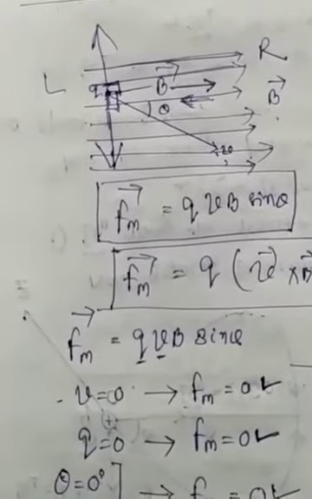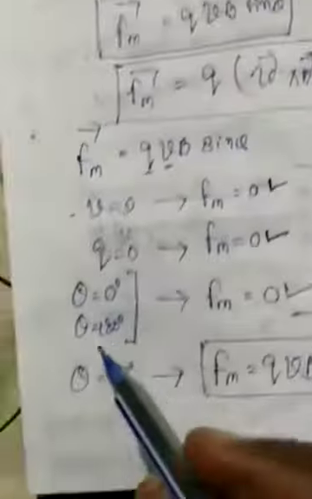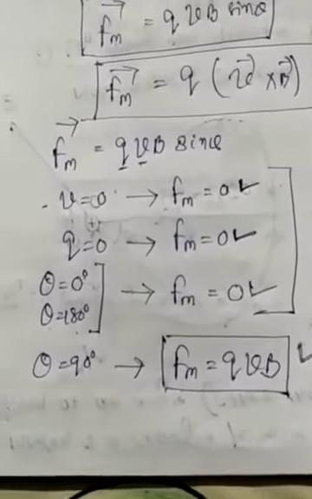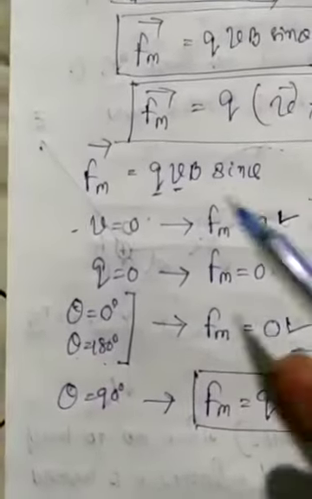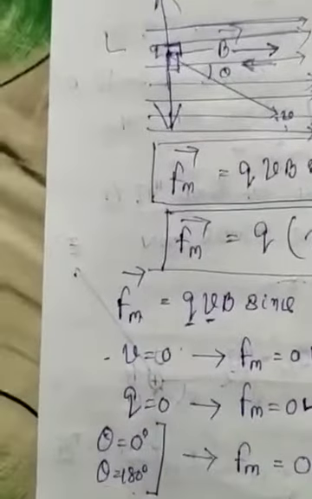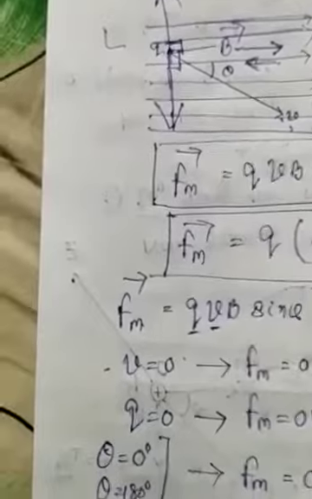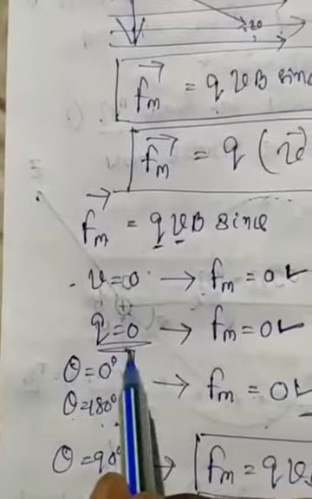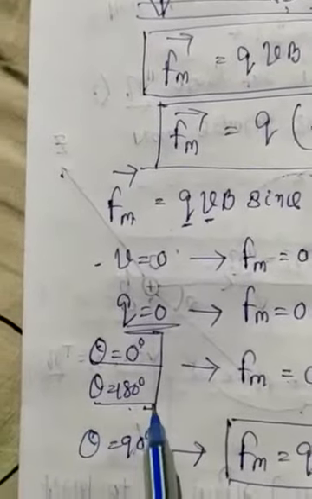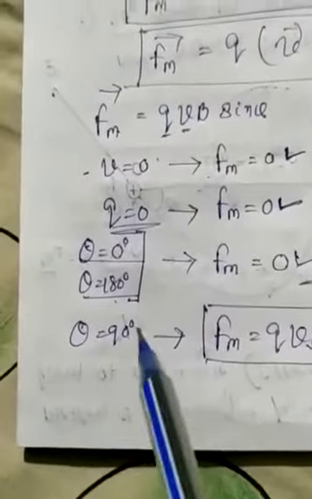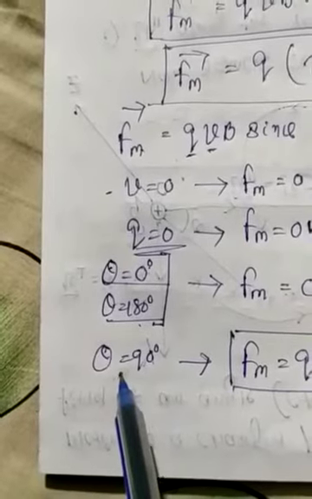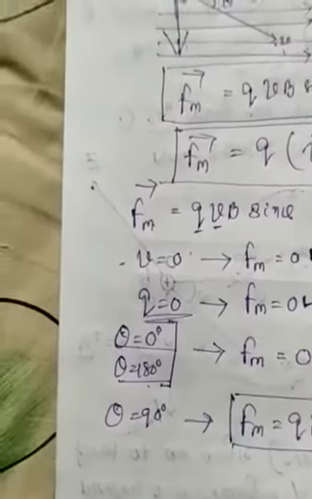So magnetic force will act if the charged particle is in motion perpendicular to the direction of the field. Otherwise, in each and every case the magnetic force will be zero. So the magnetic force upon a charged particle is zero if the charged particle is at rest, or the charged particle is neutral, or the charged particle is in motion along the direction of field or opposite to the direction of field. But the force will act upon the charged particle if it is perpendicular or at right angle to the magnetic field.